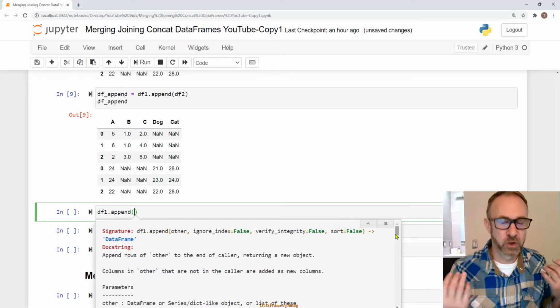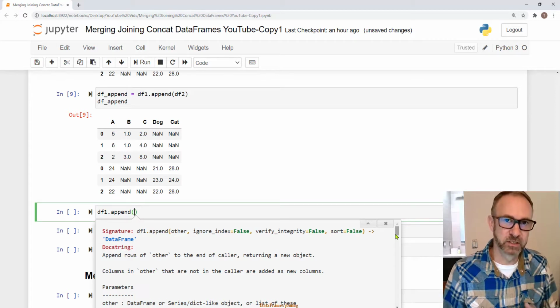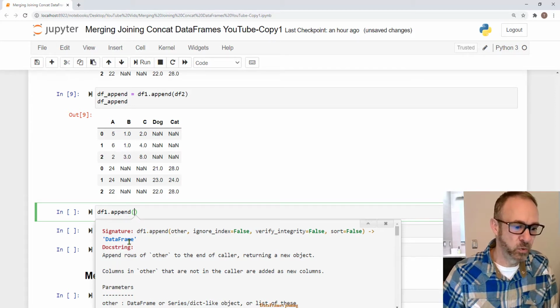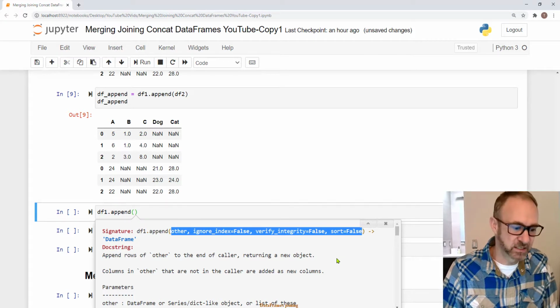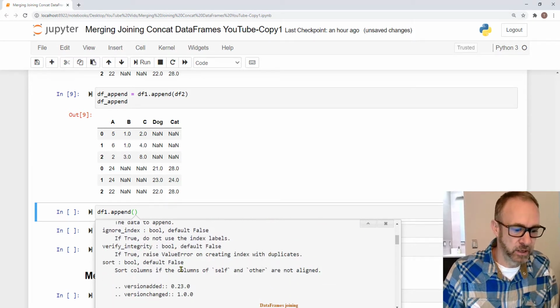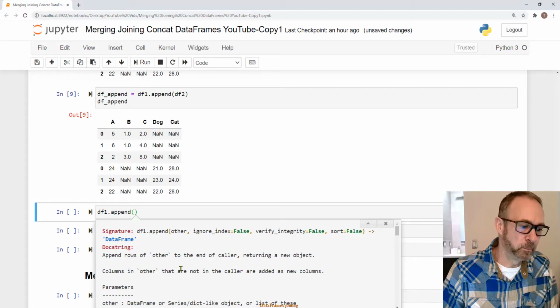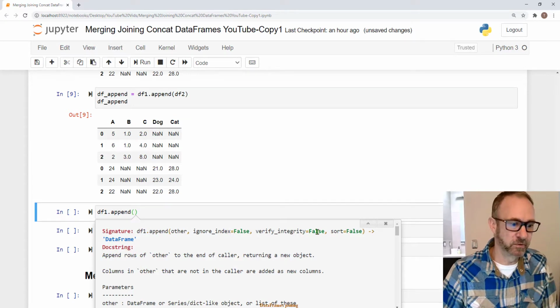This is going to be and should become one of your best friends, so really get used to looking through these, knowing where to draw your eye. My eye generally draws to this first part where you see the function is being used and what are the parameters that can be passed inside, and then further down below here you have a lot more details about what those parameters are and what have you. Okay,